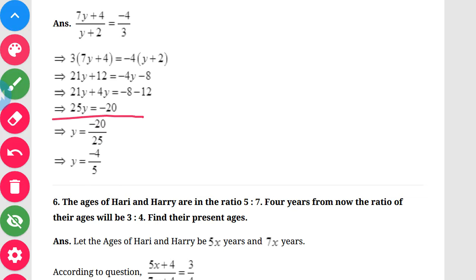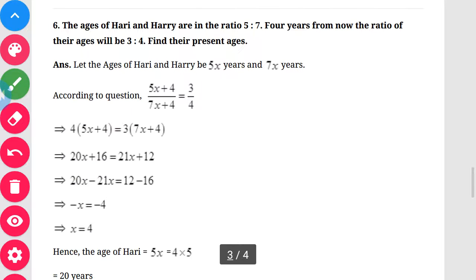So you can cancel it, because it comes in one table, that is 5 5s are 25 and 5 4s are 20. As the sign is minus, you have to keep it minus. So your answer becomes minus 4 by 5. So I hope this is clear to you all. If you have any doubt in this, you can just send me a message so that I can clear your doubt at that point of time. So we'll go with the next one then.